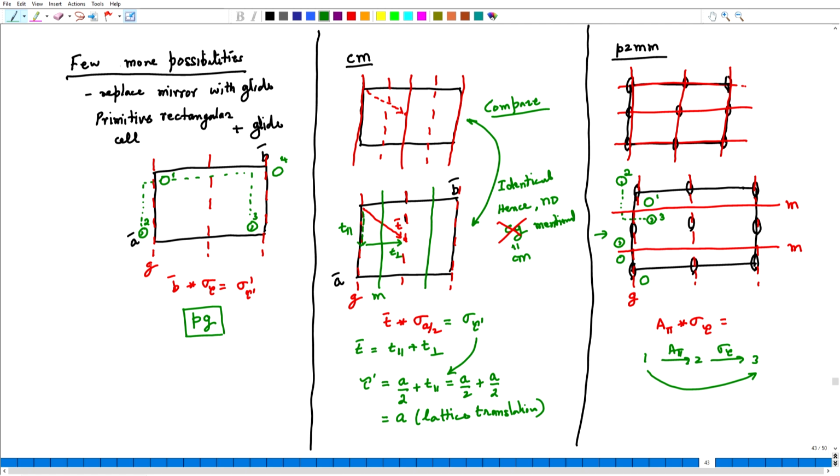The translations, so 2 will travel to this position, similarly 1 will come here, 3 as a result of translation would be here, and other translations, as you can see, would put the motifs here and here. So, this is the complete plane group with the motifs drawn in them.